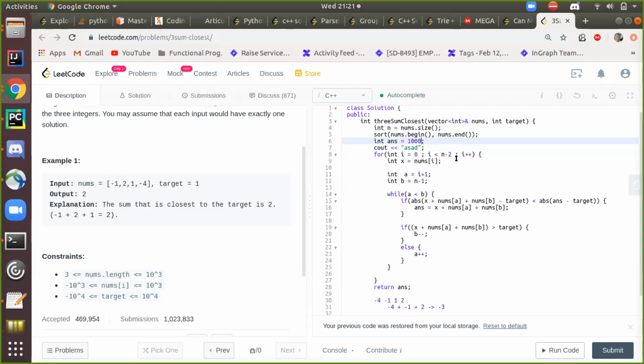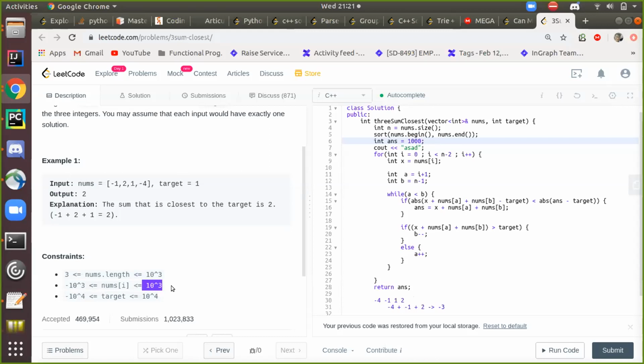Let's go through an example. Maybe in that case, he could take the target's maximum value as 10,000 there also, right? That should also be fine. He just wants to take some higher value, and I think therefore he has taken that value. Yeah, it's mentioned in the constraint also.